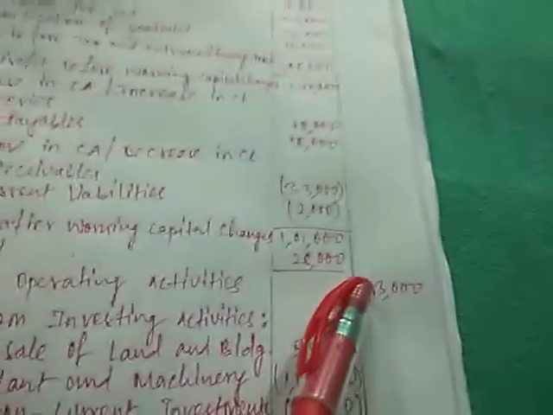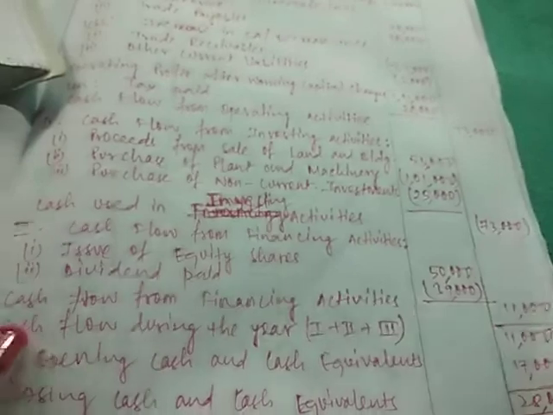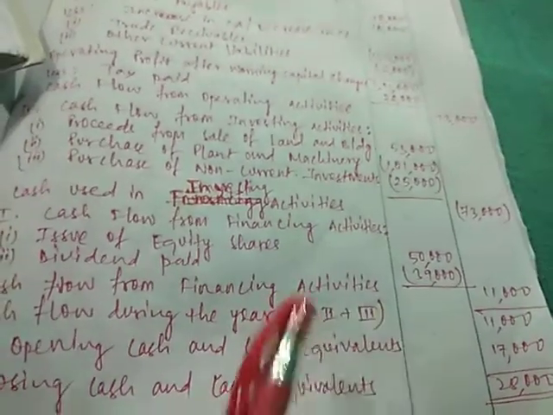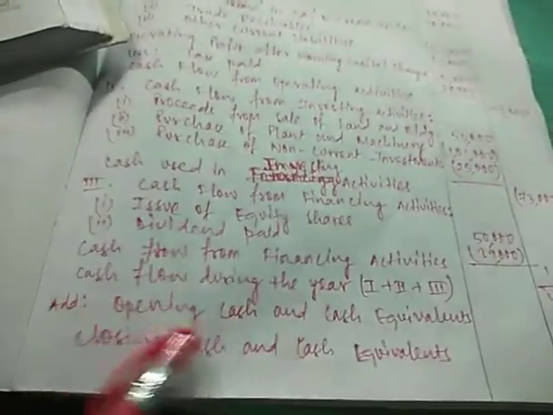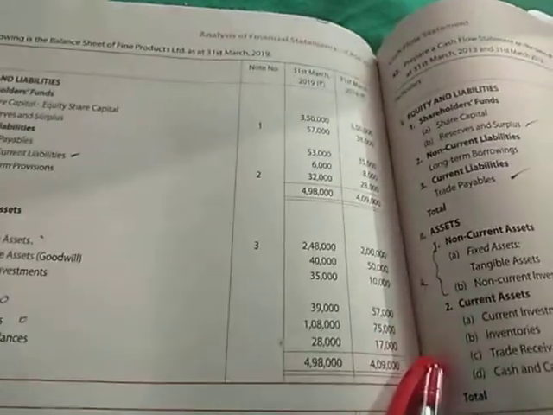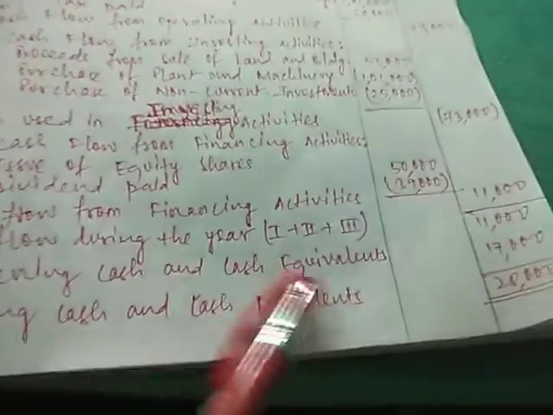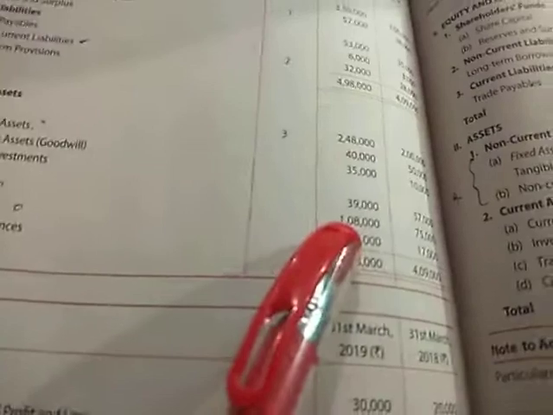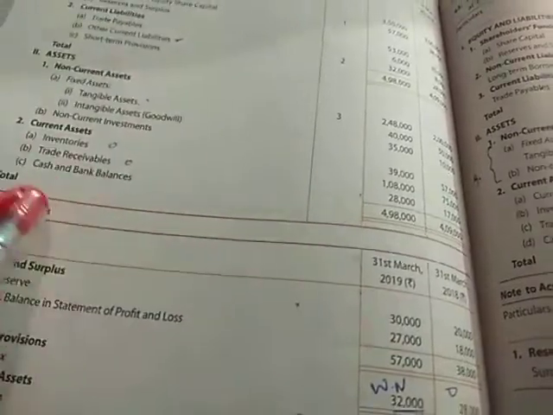Now, if you add the operating activity, investing activity and financing activity, you will find 11,000 only. That is the cash flow during the year. 1 plus 2 plus 3, that means operating, investing and financing activity, that total is 11,000. With this, when you add the opening cash and cash equivalents, that is 17,000. Let us check here. Cash and bank balances, it is 17,000 given in the question for the previous year. With this 11,000, when you add 17,000, it provides you 28,000. This is the closing cash and cash equivalents. Let us check whether it is 28 or not. Yes, it is. Cash and bank balance is 28,000. Now, cash and bank balance is 28,000 for closing 31st March 19.